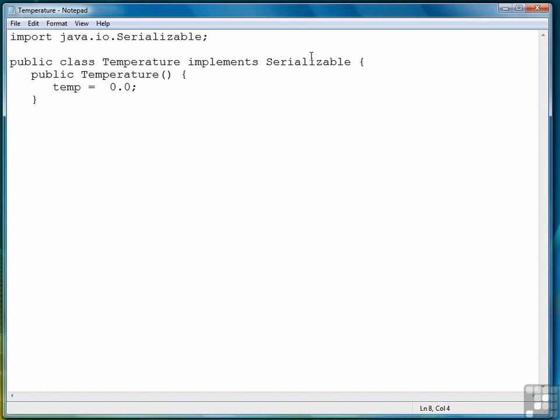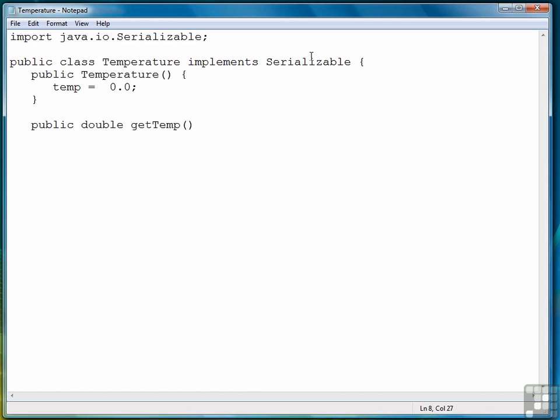After the constructor, the next thing we want to do is create what are called getters and setters, or properties for this class. In this particular class, we're just going to have one real field that has data we want to retrieve or set, and that's going to be temp, or the temperature, the current temperature. So a property, temperature, should be able to be gotten, in other words, returned, or set. In other words, we ought to be able to pass in a value for the temperature and set that field to that value. So the way we do that is we write what are called, as I said, getters and